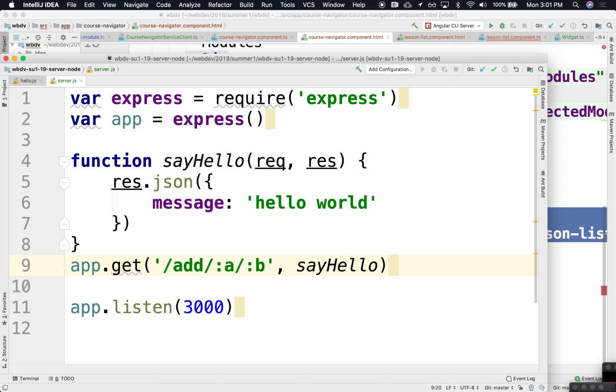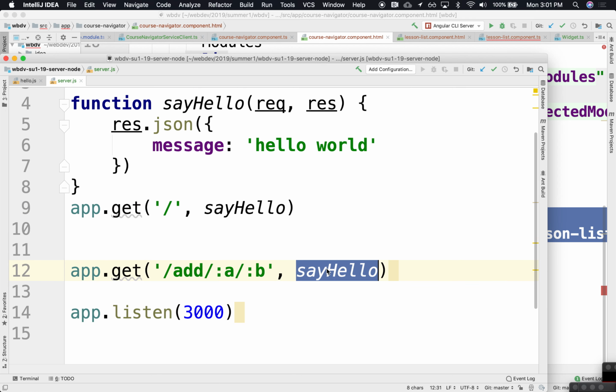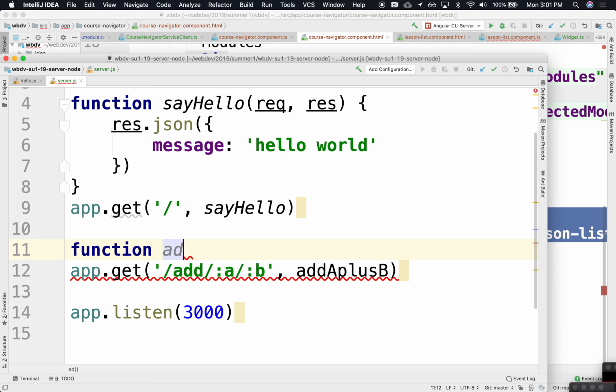Well, maybe this could be different. Leave this as hello, and let's create another endpoint. So we'll call this maybe add A plus B. And so here we can create another function, function add A plus B, where we have the request and response,